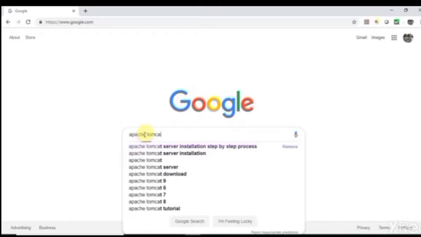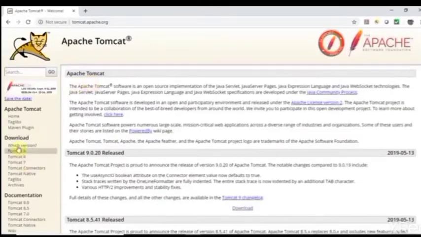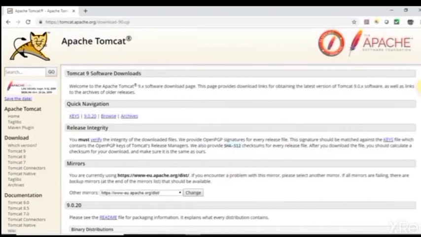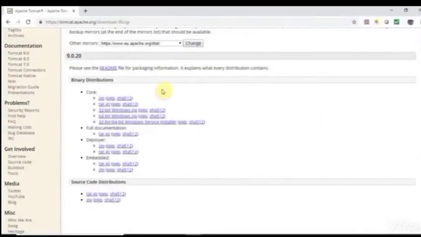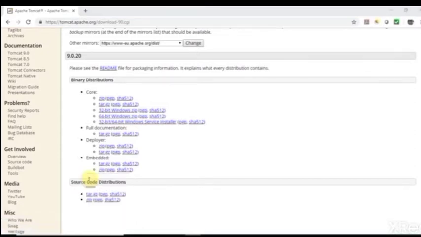First, go to Google and download Apache Tomcat. It will show the official website; go to the link. On your left-hand side there are multiple versions available for download. I am going to download Tomcat version 9.0, which is the latest version. Come down a little bit; we have to download the zip file, or the 32-bit and 64-bit versions. Windows services are available here. I am going to download the Windows service installer.